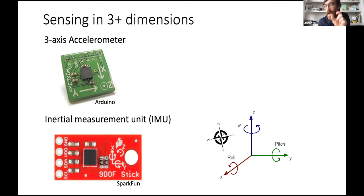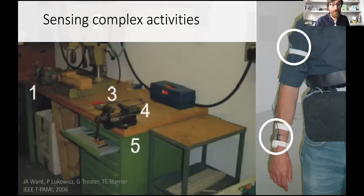You can't get the exact location of it. For that, you would need to do some relative positioning using multiple other sensors. But that involves combining lots of sensors together, and that's another topic. Well, almost another topic. So connecting this a little bit towards our research, the research in my background,